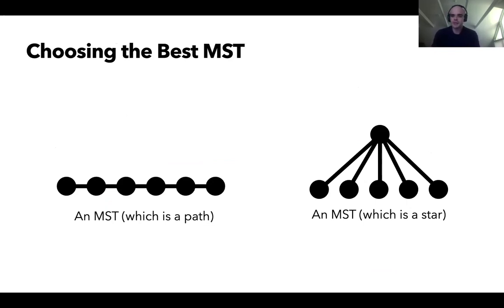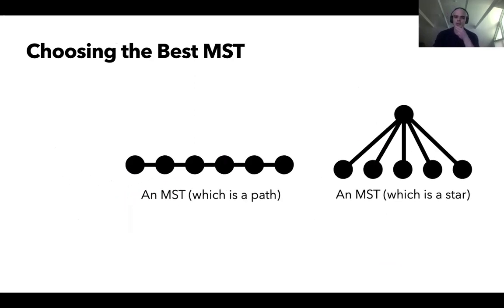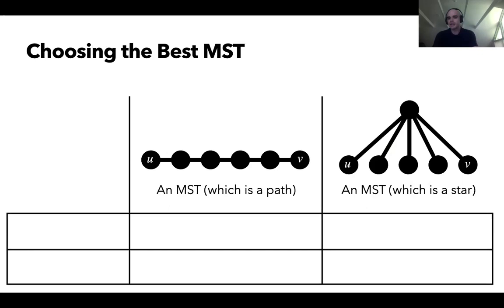When you solve minimum spanning tree, there might be many different minimum spanning trees. One of your MSTs might just be a path. Another one of your MSTs might be a star. But I would argue that in terms of speed and reliability, the star is preferable to the path. Why is that? Well, imagine that you're trying to send a message from some node U to some node V. Now, if